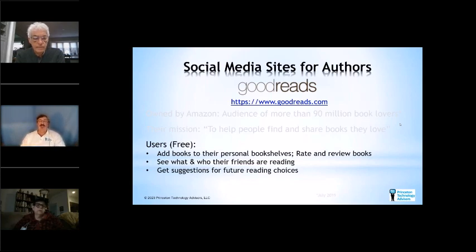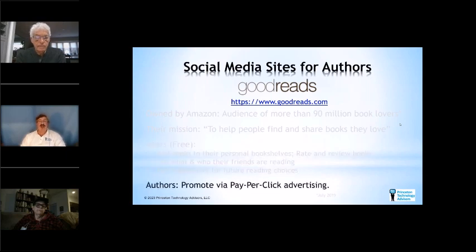If you can get your information published on there, you can promote it through pay-per-click advertising. Pay-per-click basically means you create an ad, and if somebody clicks on it, you pay a fee. I don't know what the fees are at Goodreads and how it works. I can tell you a little bit more about how Google Ads works. I don't recall that we'll be talking about that here. That's more of a website topic, but if I have the slides here, we'll talk about it. The ad is free until somebody clicks on it, so you're paying for the privilege of someone actually coming to your site. It's like a qualified lead.